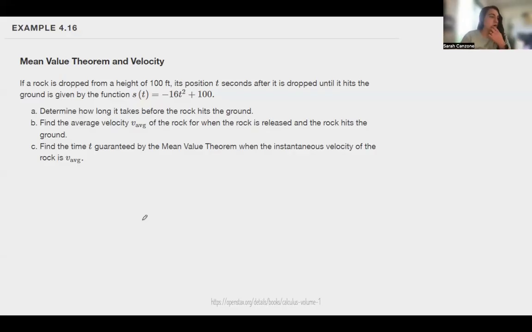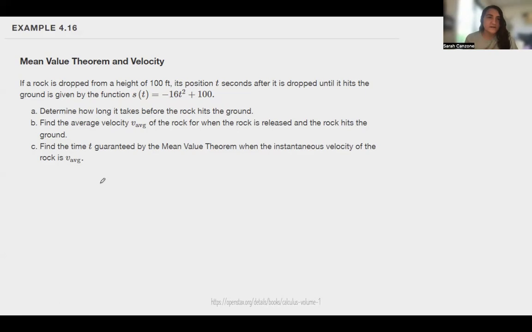The most important part of the mean value theorem, in my opinion, again, this is a pretty short section, is going to be the corollaries that I'm going to give you after we do this example. But we are going to do an example just for you to see exactly what it is that the applications can have. So if a rock is dropped from a height of 100 feet and its position t seconds after